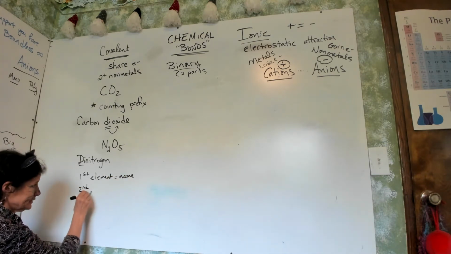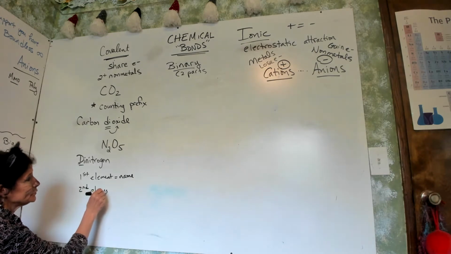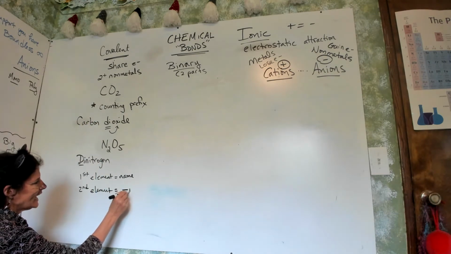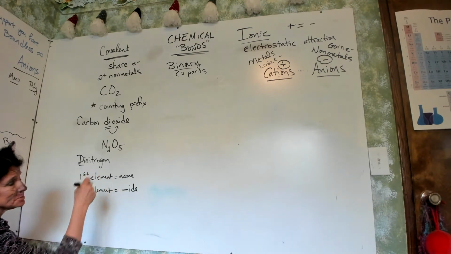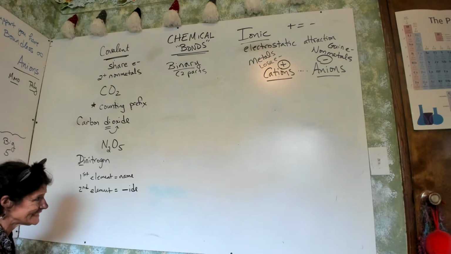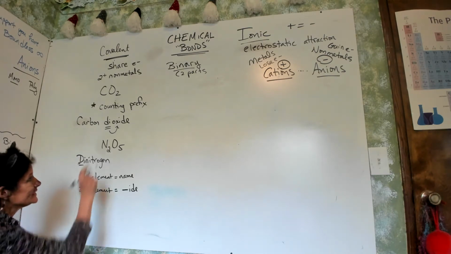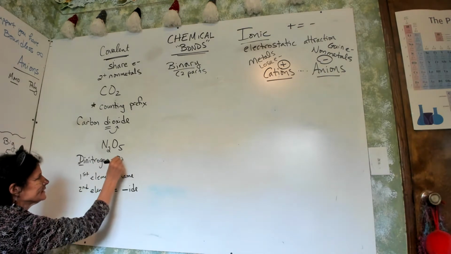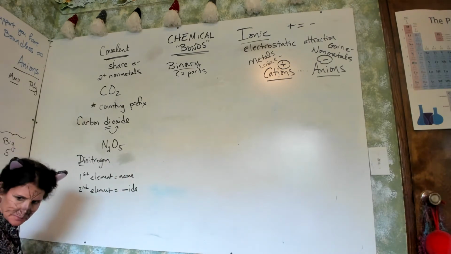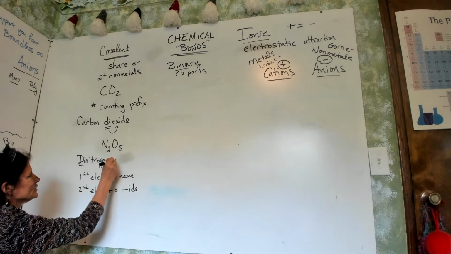Second element, because we're only going to deal with two elements, binary, you end with IDE. So you take a syllable and you add IDE. It's not a perfect rule, but the IDE works. So oxygen becomes oxide. Oh, teacher just keeps making mistakes. I like chalk better. Pent